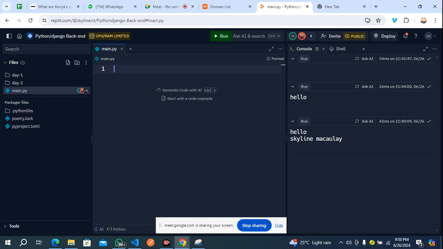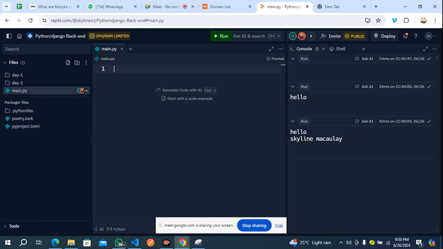In JavaScript, they use what we call console.log. Most people will know that. If you want to get the result of whatever you are writing, you use console.log. The reason you are doing this is that as you are learning, you don't have all the technology to leverage on at that particular time. You need to be very, very conversant with the syntax. If you are conversant with the syntax, then you can explore other options.